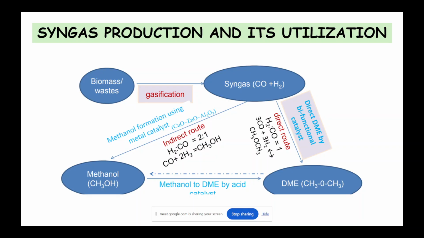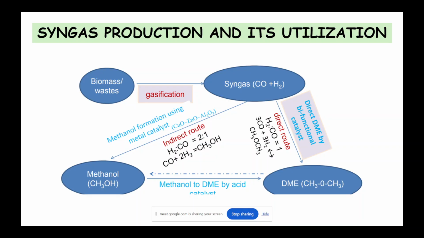So the biomass or the waste can typically be converted to syngas using this gasification process. This syngas, as we said, can be used for liquid fuel production. One route is through Fischer-Tropsch synthesis, which is basically used for the production of naphtha, waxes, and other chemicals through several different chemical reactions. Then another thing that we have is the conversion of syngas into methanol, CO plus H2 to CH3OH.